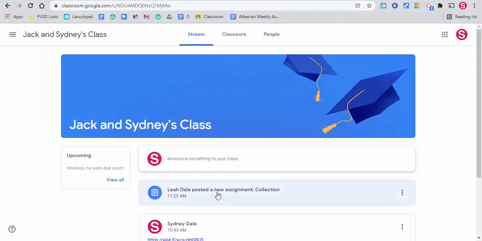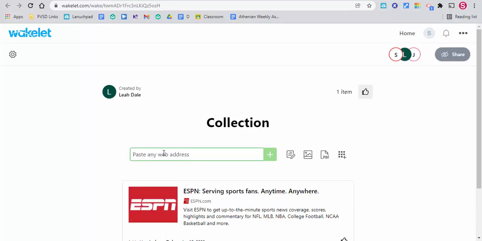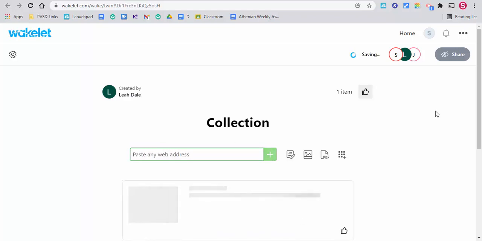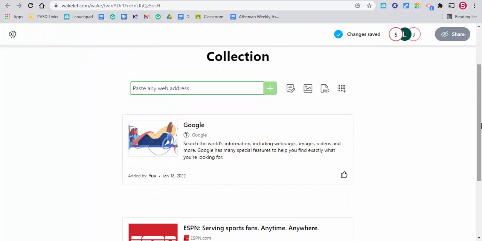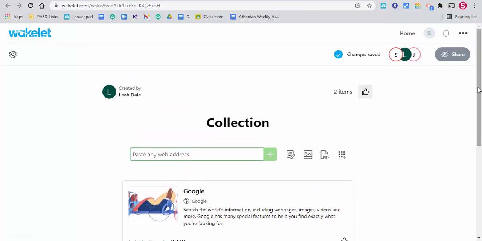Okay, so now we're in Sydney, so we're going to go ahead and select it. We're going to go here as well. And now you're going to see that it's created by you, the teacher. And then you're also going to see that Jack added that and Sydney added that. Really nice to have. They cannot share this, but you can share this, which is extremely important, because let's go